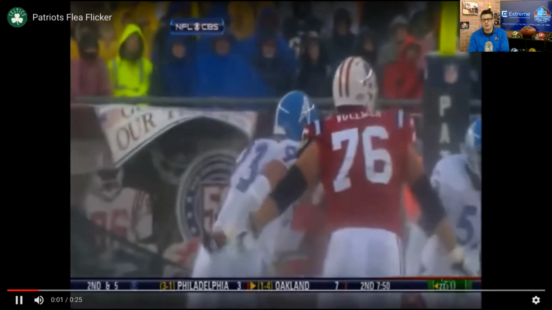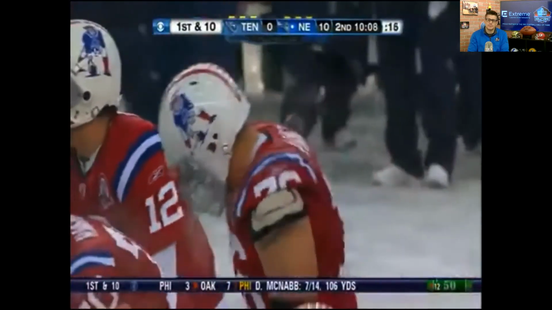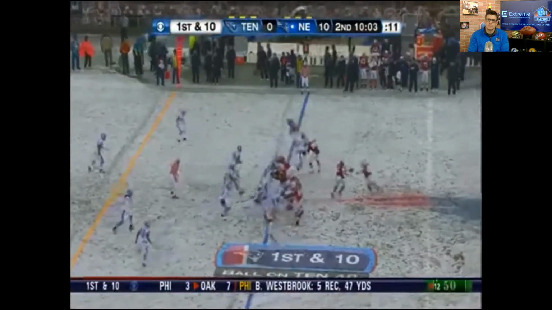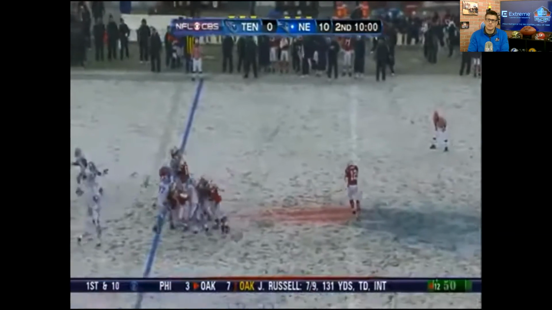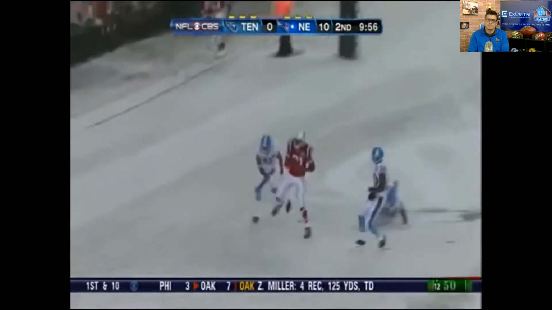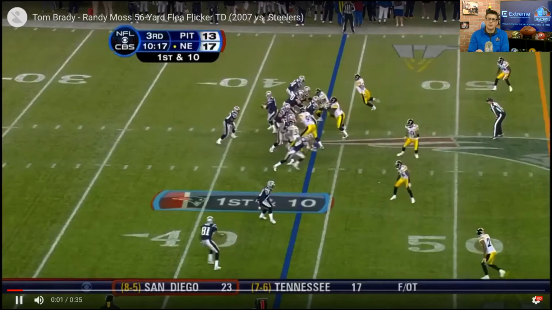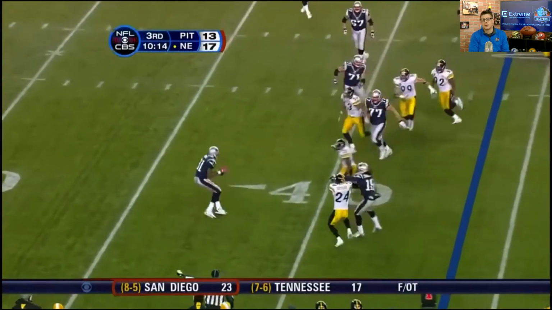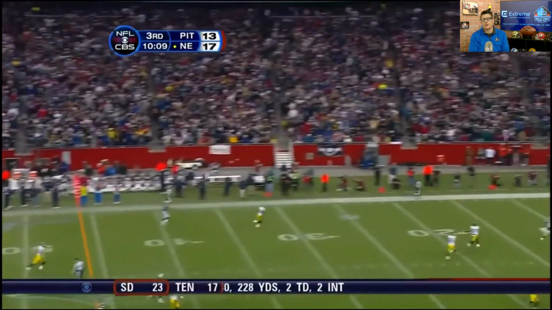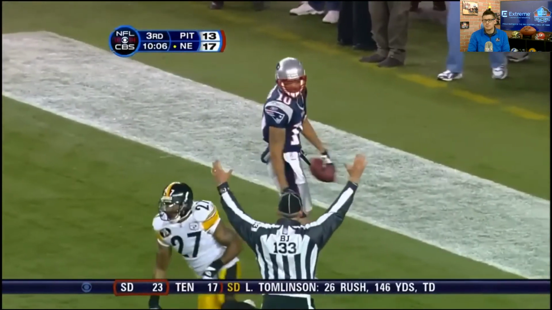Sebastian Vollmer is just an incredibly big man, at 6'7". Bill Belichick says long arms, so if he gets those arms on you, you're not going to get to the quarterback. Back to Brady. Brady looking for Moss. Touchdown, Patriots. And another one. Ferrier was coming in on Brady. That's a lateral going back to Brady. Now Brady wanting to go long. Gaffney's waiting for it. Gaffney is in for the touchdown right over Anthony Smith.